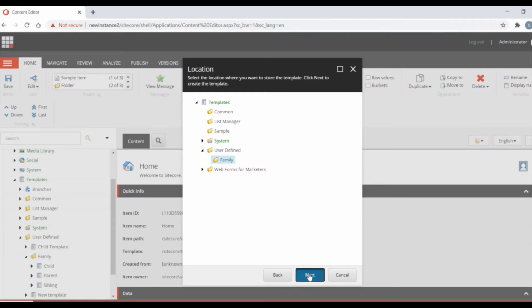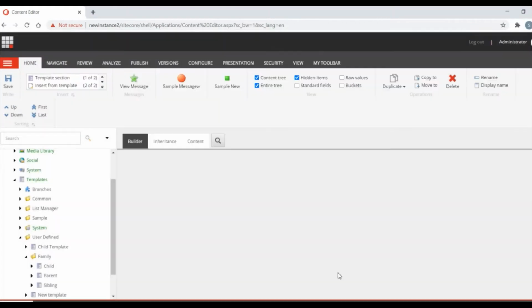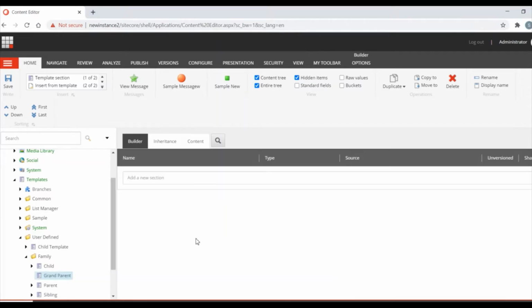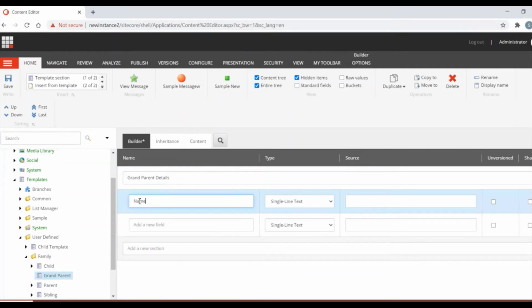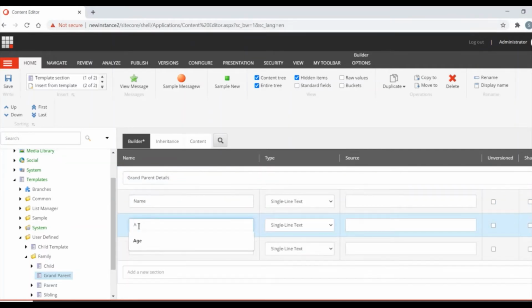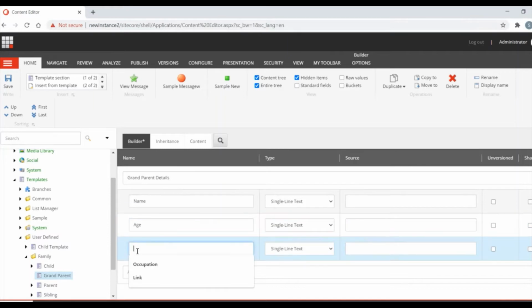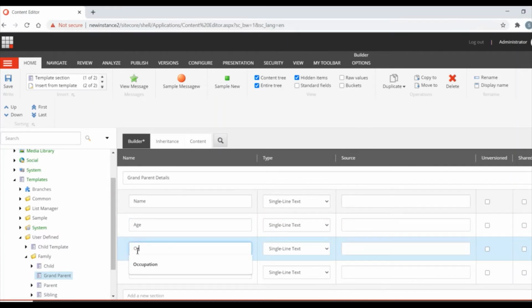Folders will be shared. Next, grandparents and details: name, age, occupation as well.